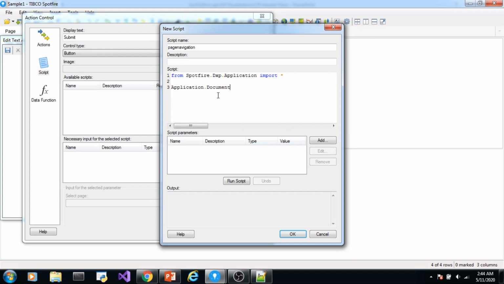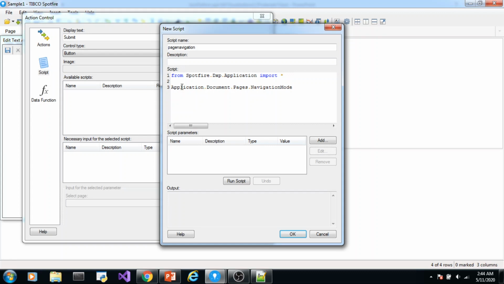Application dot document dot pages dot navigation mode. This section is called console. Output section is called console. You can use this to debug your code. For example, you are assigning some value to a property in your analysis. I'm just giving an example.